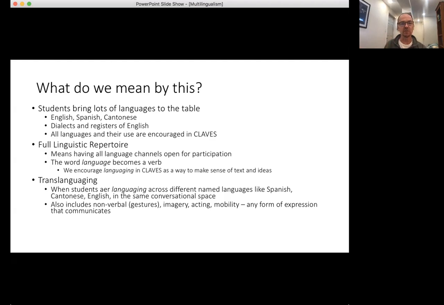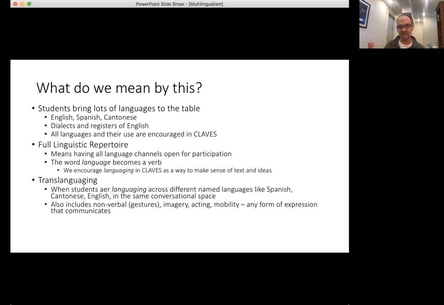In a Clavis instructional framework, all of these linguistic aptitudes, proficiencies, are encouraged as part of the discussion context in which Clavis is taking place. We call this in the literature students using their full linguistic repertoires. That is, multilingual kids have at their disposal their languages. The question is, when do they feel most comfortable deploying them, and whether school is one of those places. So we want them to have all their language channels open for participation in the Claves curriculum.